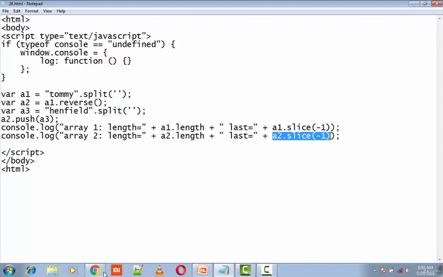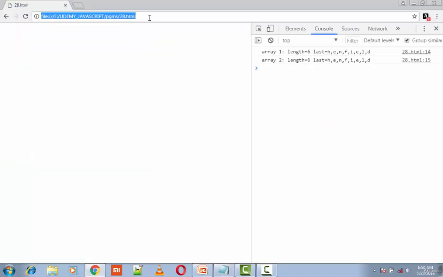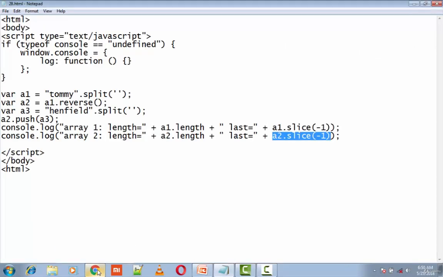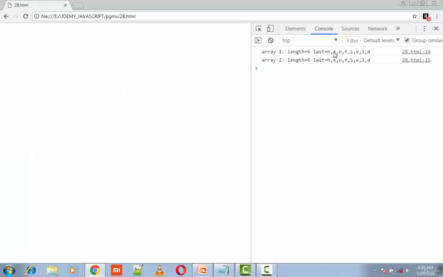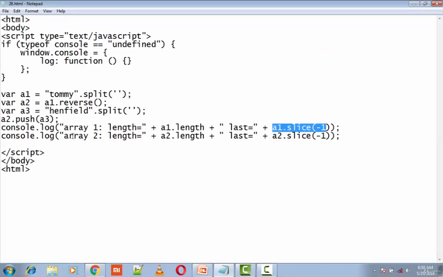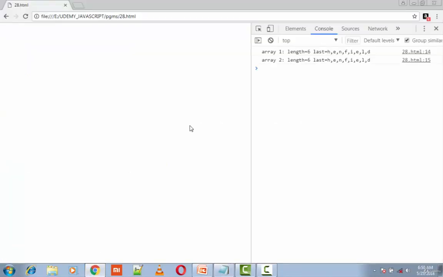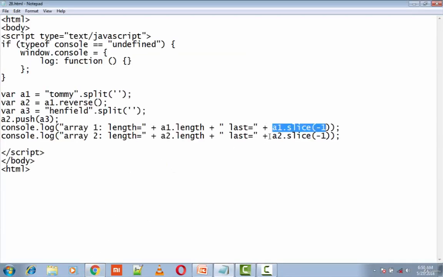So let's execute this particular program. If you see the output here, we have array1, which is printed using console.log, and then we have a1 dot length as 6 and a1 dot slice of -1, which gives us Henfield, which is separated by comma. Then we have array2, which is printed using console.log. We have a2 dot length, which is 6 again, and a2 dot slice of -1 gives us Henfield,